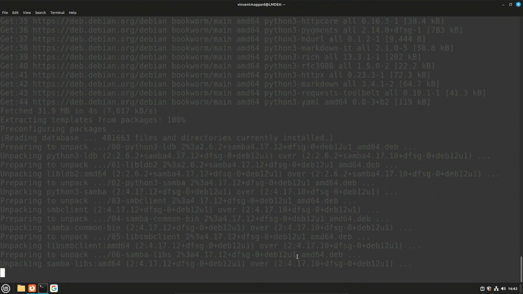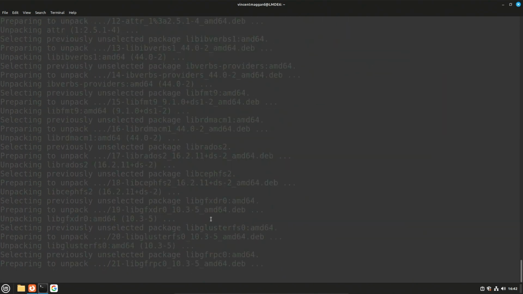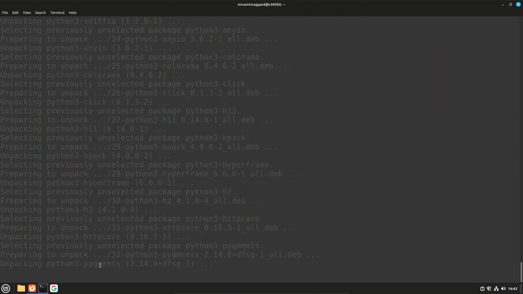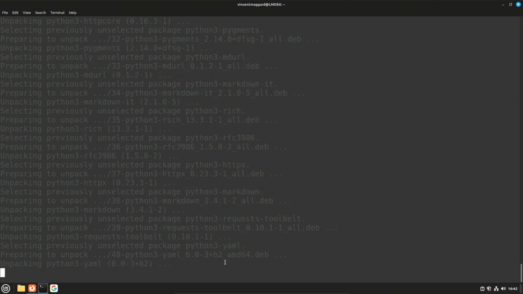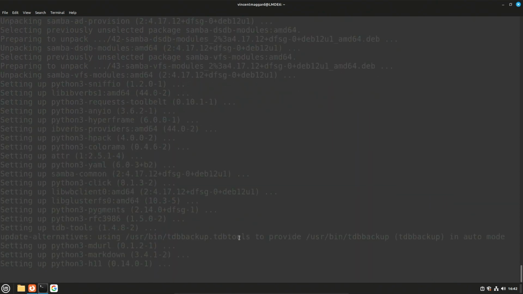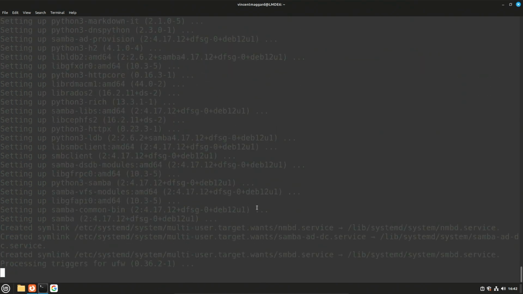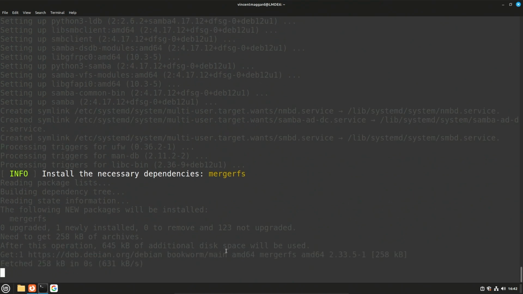So it's installing a bunch of things here, and once this is done, we will go ahead and continue. Got a lot of Python stuff in here. I'm guessing that this is also running a system update in addition to installing some of these dependencies, because I know that on a lot of Linux distros, certain Python things are already pre-installed.